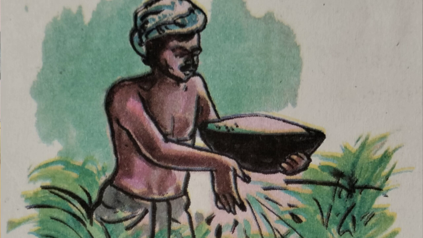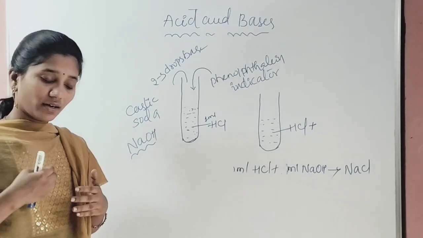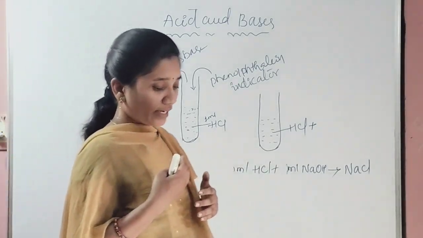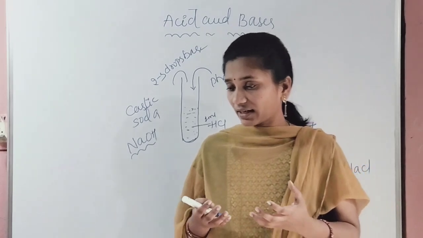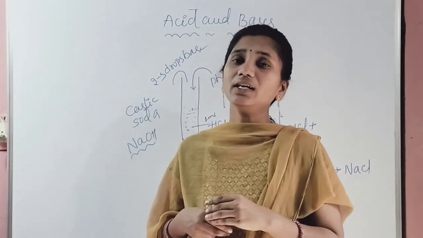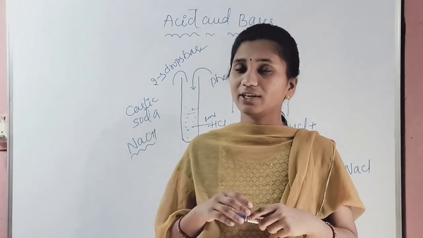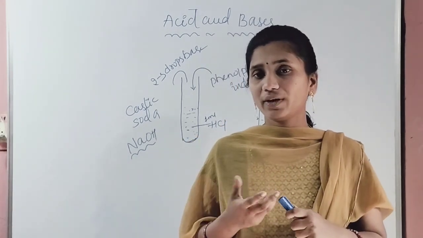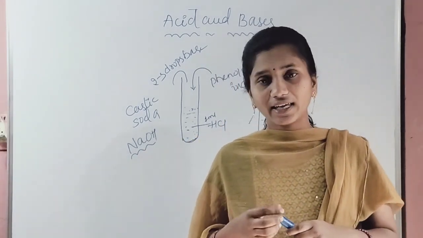So whenever they have spread acidic fertilizers to the soil, they should spread basic solutions, and if they have used the basic one, they have to spread the acidic one. If they continuously use chemical fertilizers, there is a chance of reducing the fertility of the soil. Then the soil will not give proper yields